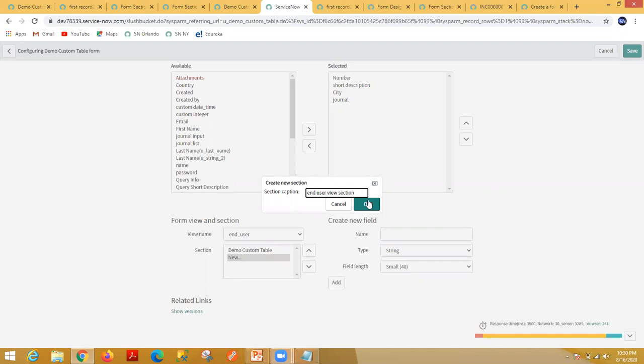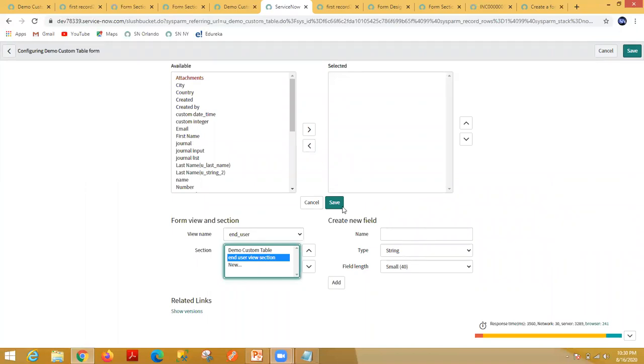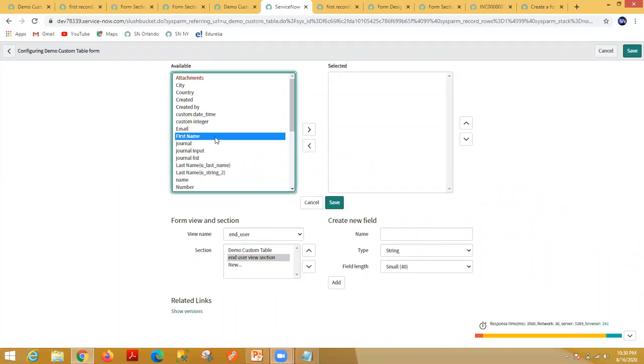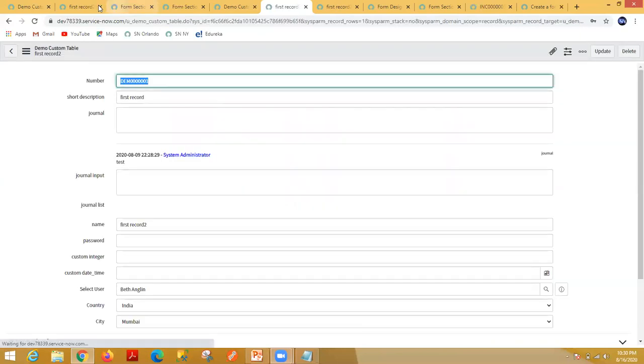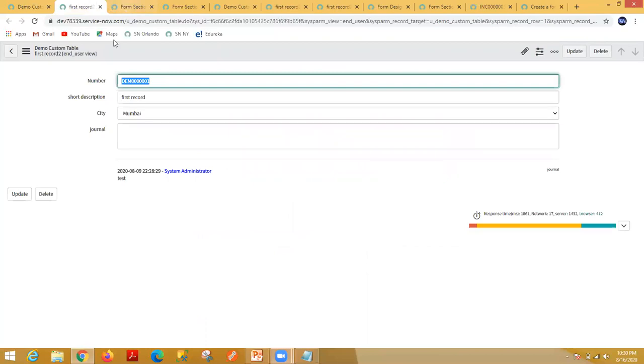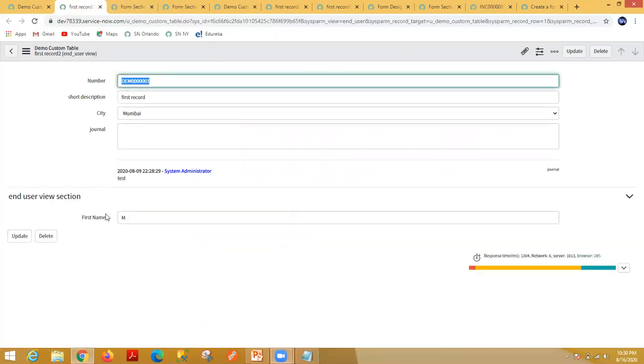I am giving any name here just to explain. And here you can add one more field, suppose first name. Simple, and save. So now I have created one section under the default view and another section under the end user view. Now if you refresh this, you will see the end user view section, and you can see only first name.